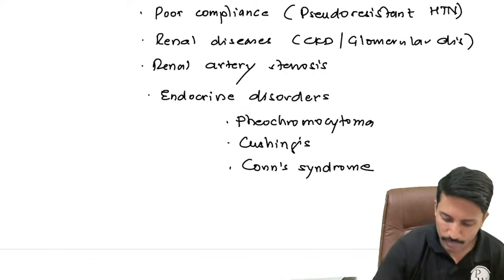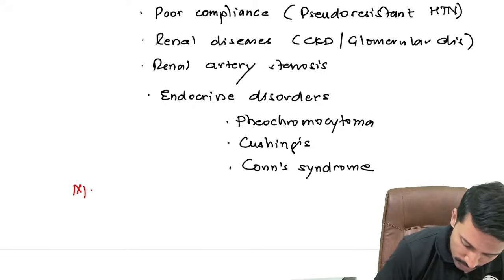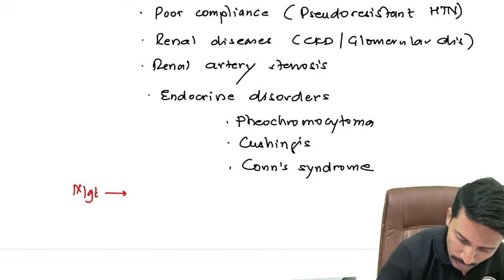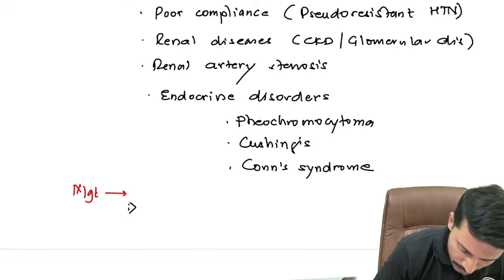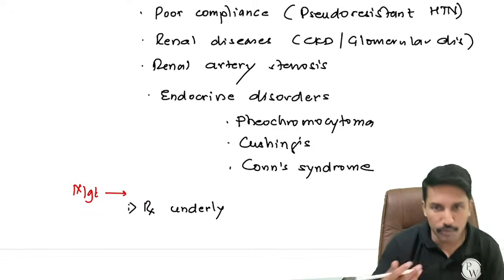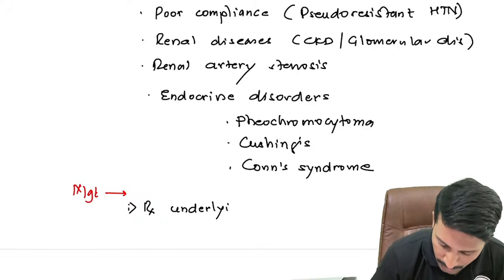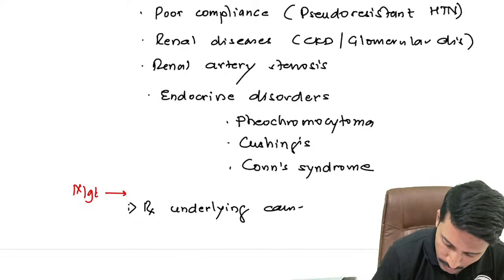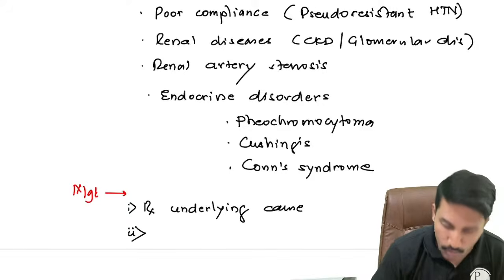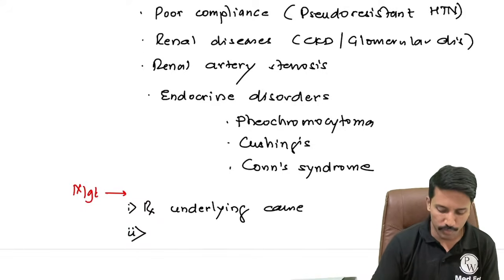Okay. Now, how do I manage resistant hypertension? There should be two things here. One, treat underlying cause. That's most important, right? So if there is a pheochromocytoma, until and unless I operate it, it's not going to come under control. Treat underlying cause. Second one is, till underlying cause is sorted, we can try to control BP with the drug